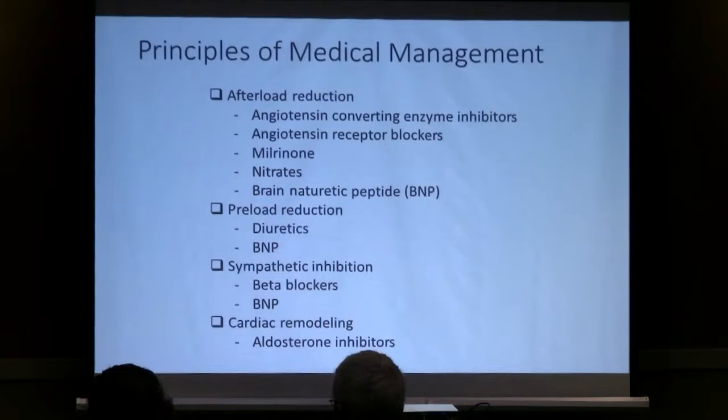So what are the main medical management strategies? One is to make the workload on the heart less. This concept is called afterload reduction. Afterload is the work the heart has to do against the arterial vasculature to overcome the resistance of that vasculature. And the two most common pathways that are attacked are in the angiotensin system, which helps us control fluid volume and blood pressure. So ACE inhibitors, everyone's heard of that, and that has actually been the mainstay of therapy because